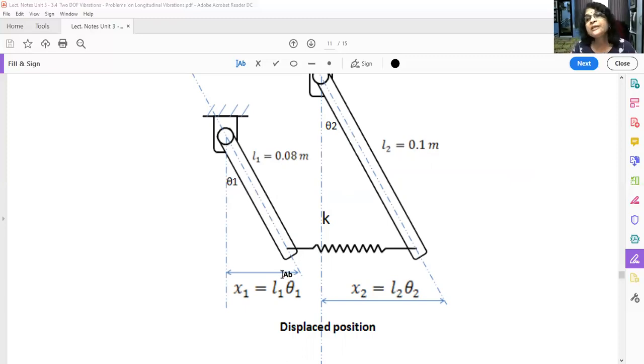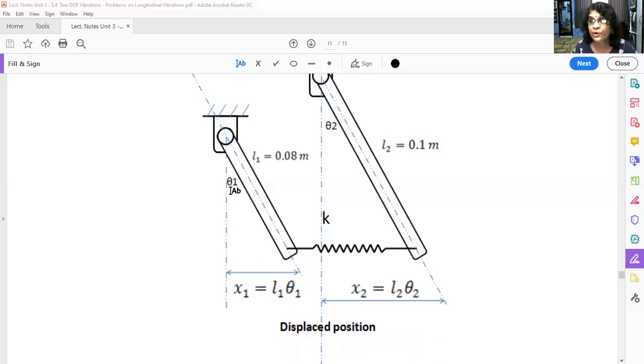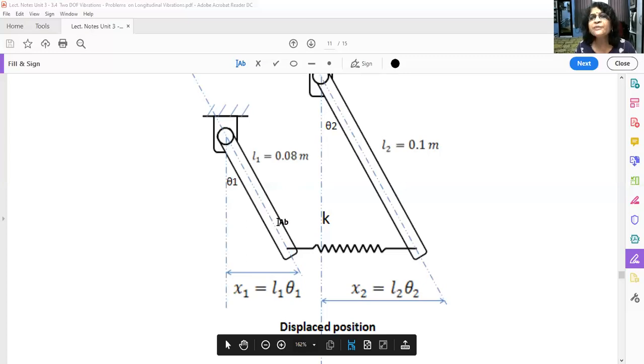Now see here, there are two parameters. One is the longitudinal parameter, which we call x, and the other is the rotational or angular parameter, theta. But x1 and θ1 are always related, and x2 and θ2 are always related. So this is not a 4D wave system, this is a 2D wave system only. Either you write your two parameters in terms of θ1 and θ2, or in terms of x1 and x2. And what is the relation between these two?